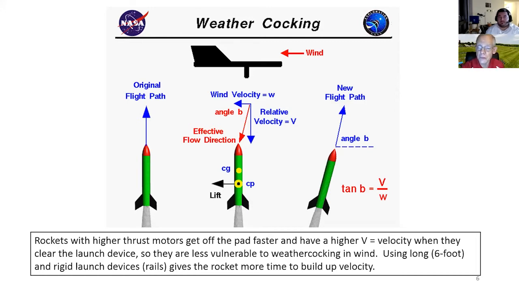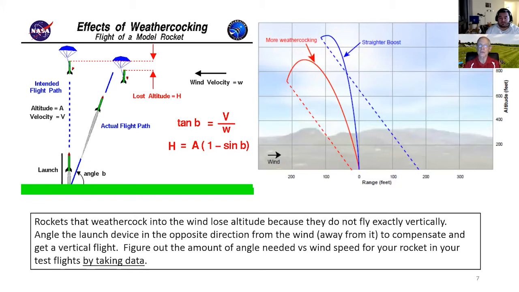And weathercocking leads to different altitudes, right? So if the rocket doesn't go up straight, it follows a parabolic trajectory to apogee rather than a pure vertical one. And what you want to do is fly a pure vertical trajectory to apogee, because otherwise you have a cosine error, cosine of the angle from which it's off vertical, and that reduces your altitude. So if you weathercock, you will not go the natural apogee altitude of the rocket.